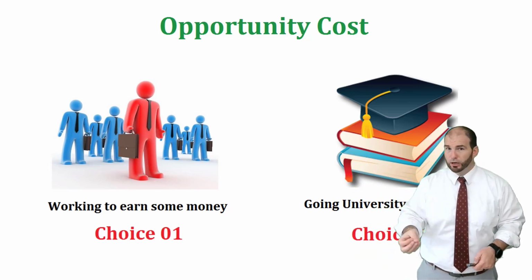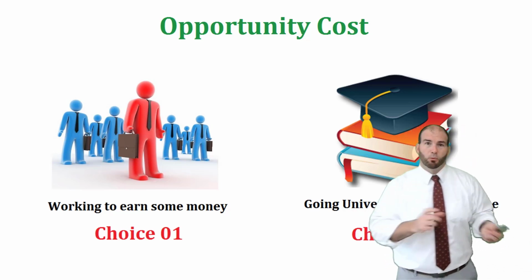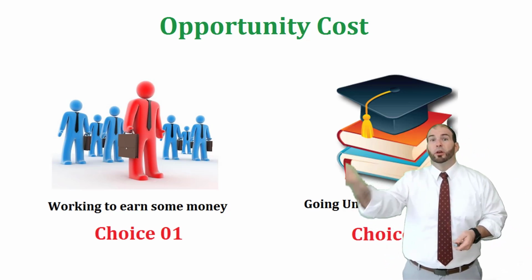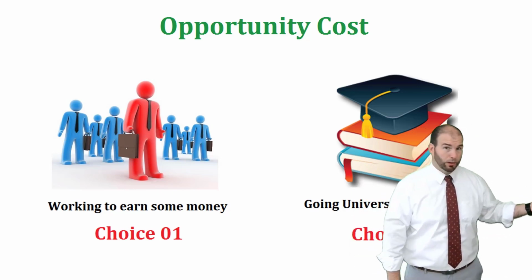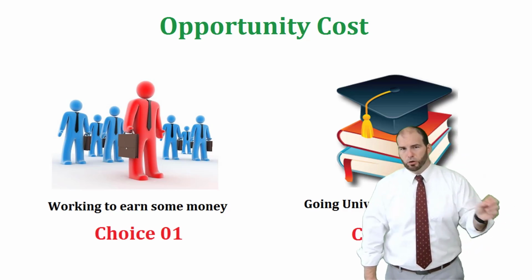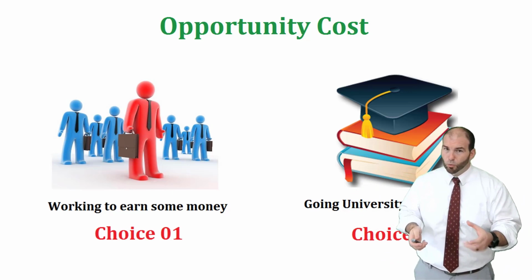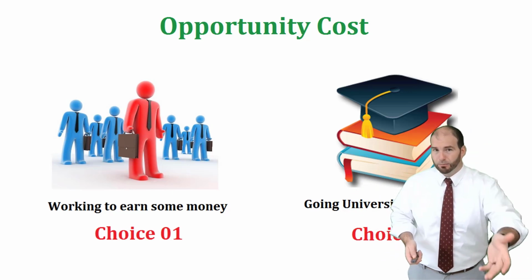So the opportunity cost is the choice you don't make. If you decide to go get a job and work full time, your opportunity cost, if these were your two choices, was going to college. Whereas if you go to college, the opportunity cost you're giving up is being able to go make money. So opportunity cost comes down to all the choices that you make, and the opportunity cost, what opportunity it cost you, is the choice you didn't make.